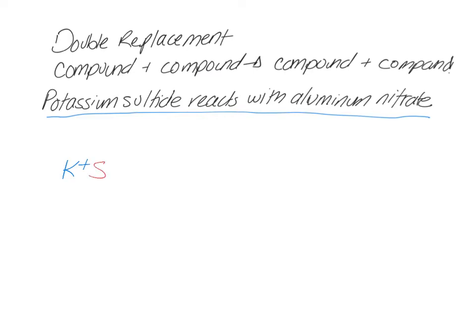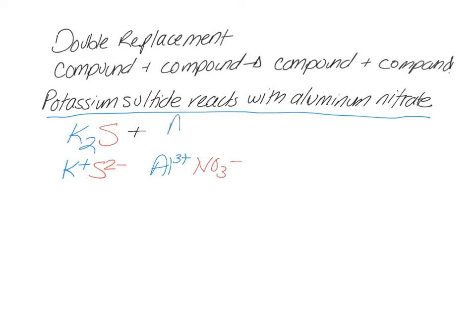Sulfide is S2 negative, so that when they come together, I get K2S. And that I'm adding it to aluminum, which is Al3 positive, and nitrate, which is NO3 negative, so that when